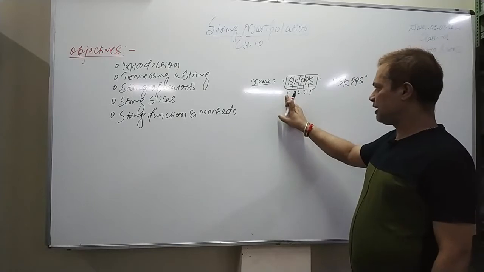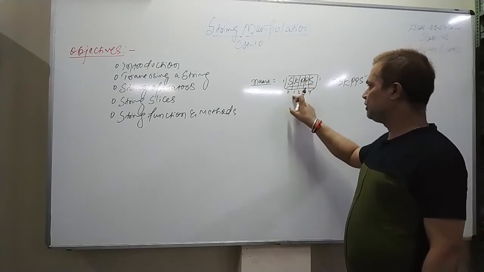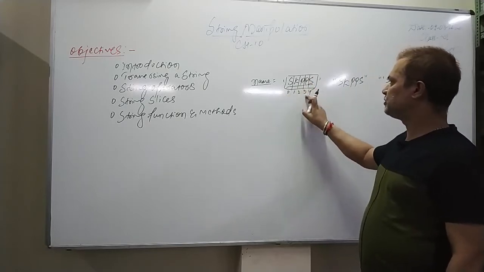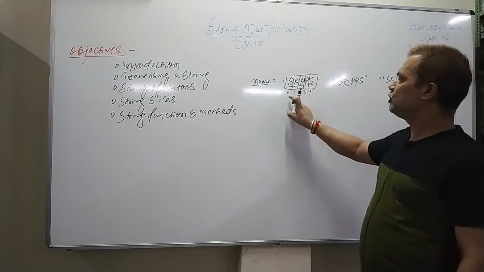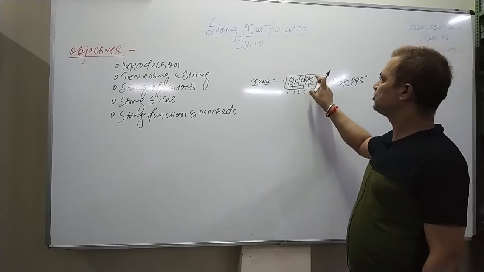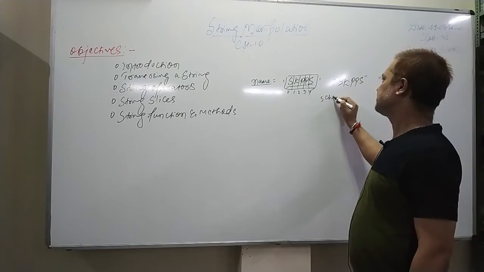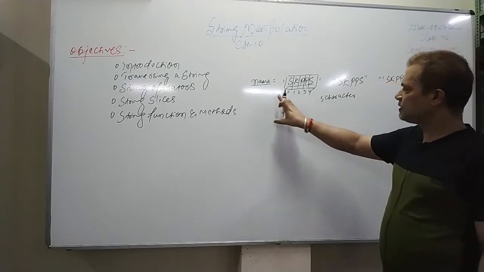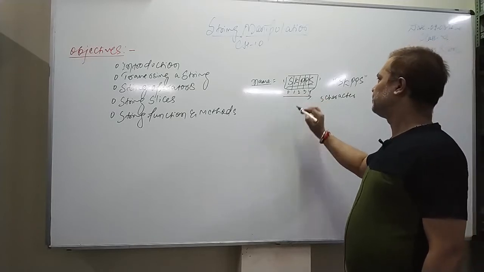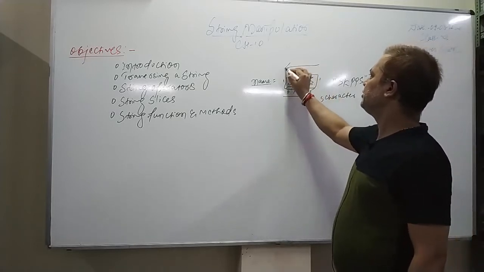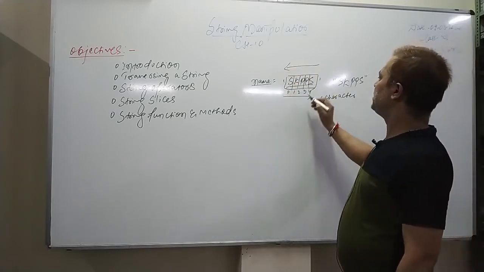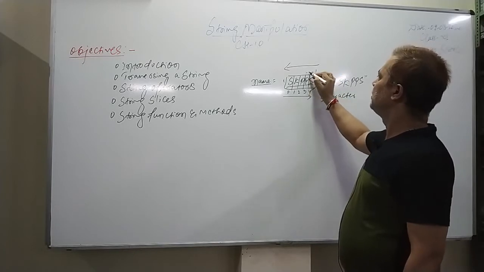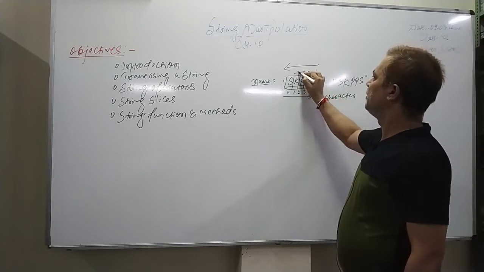And it's fixed, mind it. So second obviously will be 1, third will be 2, fourth will be 3, and fifth will be 4. So 0 to 4 is the total length of this string, that is 5 characters. I hope this is very clear to all. This is going from left towards right. But if you go from right to left, then the same index positions will be -1, -2, -3, -4,